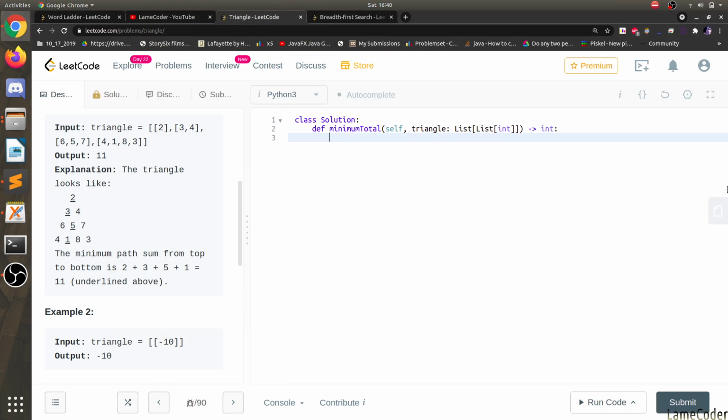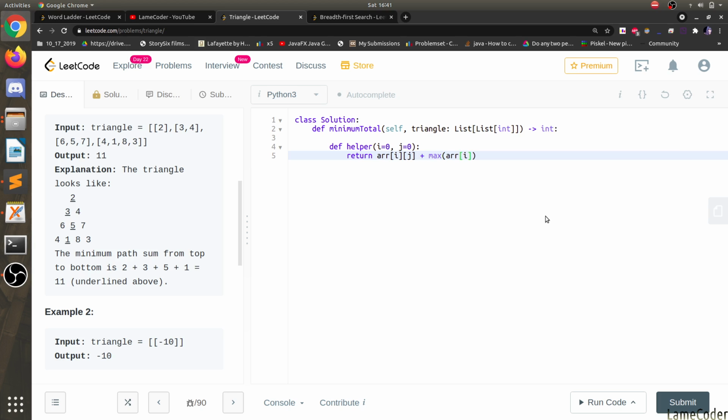Let's write the code. Let's take a helper function, helper dp. What we will pass is i and j. The triangle array is already there. Initially i will be 0 and j will be 0 too. We simply return array of i, j plus max of the helper calls. There won't be any anomaly, I guess. If we are at 4, we can always go to 7.